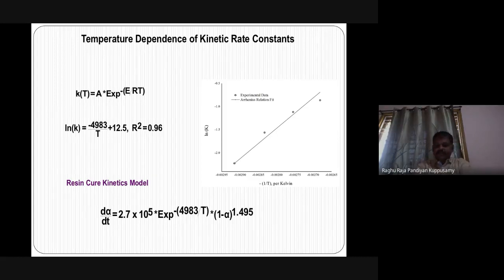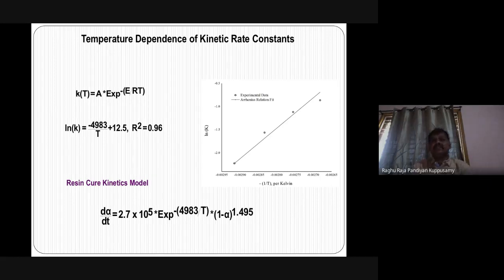Okay, so what is the need for activation energy? If I read the activation energy from any kinetics data, and the activation energy is very high, the process will be very tough. If the activation energy is very low, it says that the process happens very fast. So it may be very elementary.